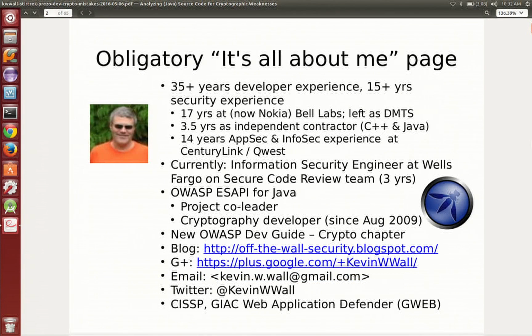this is the bio page that we're always supposed to put up. You really don't need to know anything about this except basically an old fart. So,